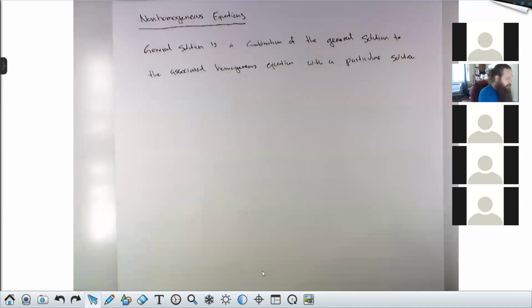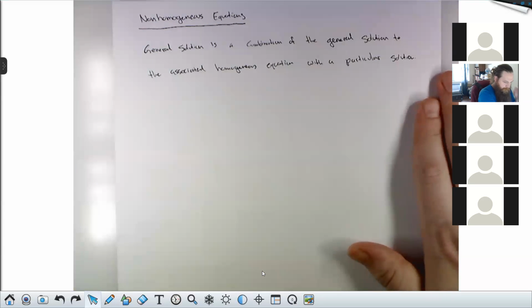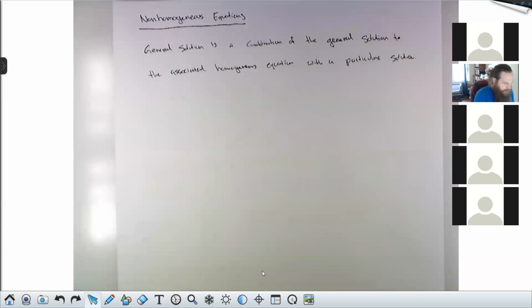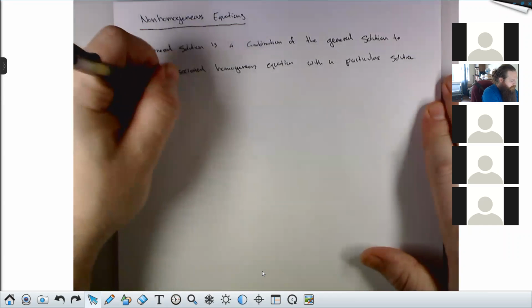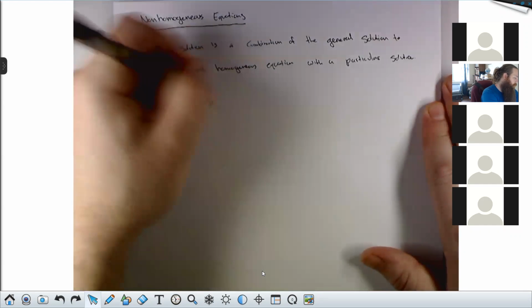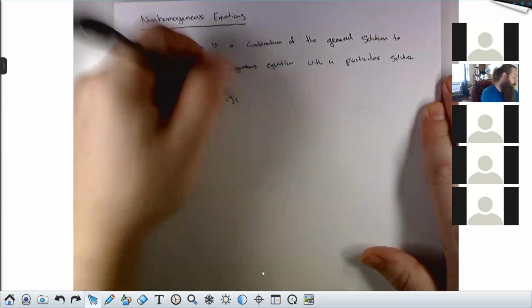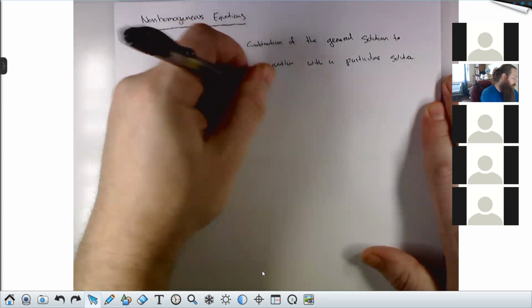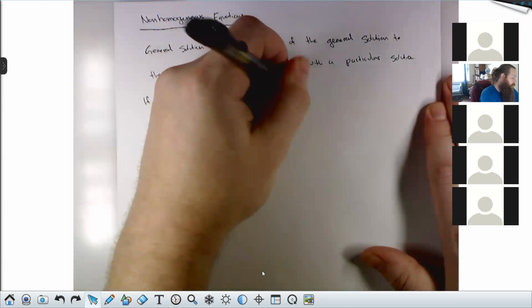So remember the, what do they call it? I think it's the same name, the complementary function. So if capital Y of x equals c1 y1 plus c2 y2 out to cn yn